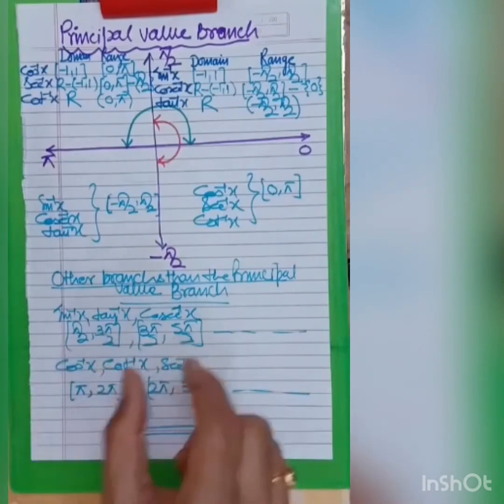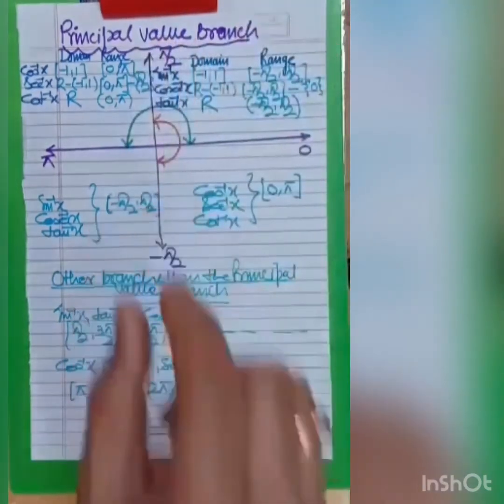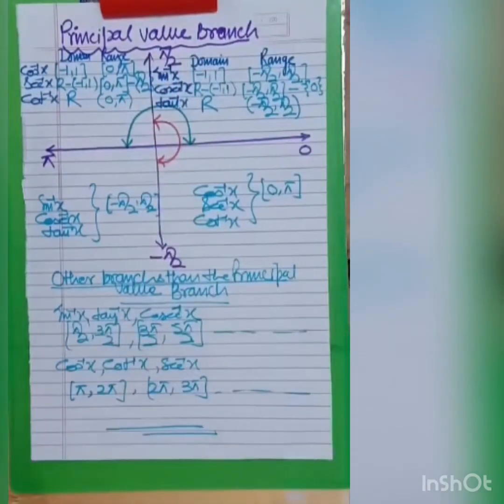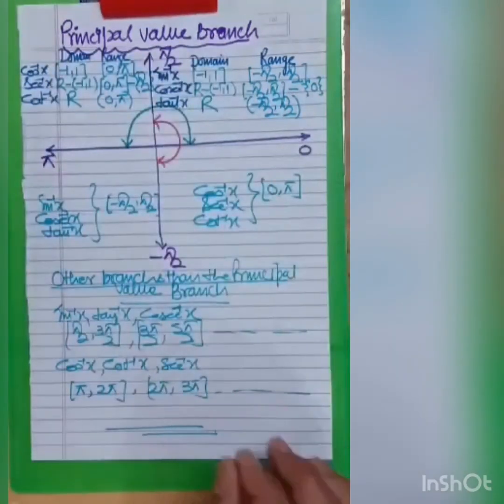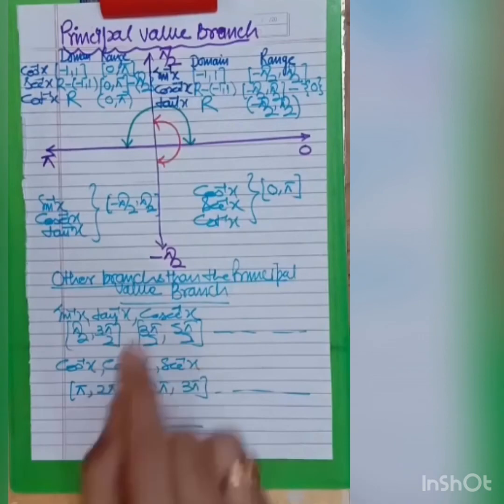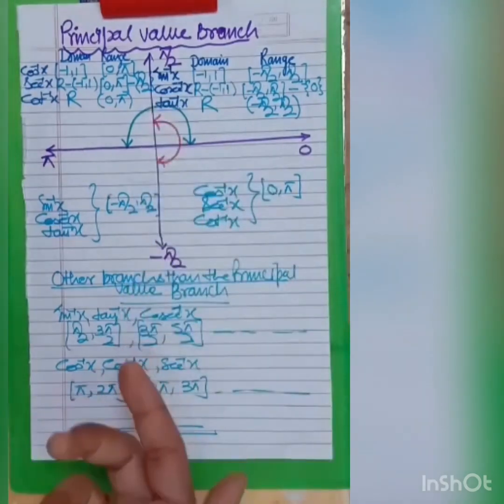The basic use of the principal value branch is to check the value obtained after solving a problem, because all the results so obtained must lie in the principal value branch, because it is the main branch of the inverse trigonometric function, the existence of the inverse trigonometric function. In other words, I can say that